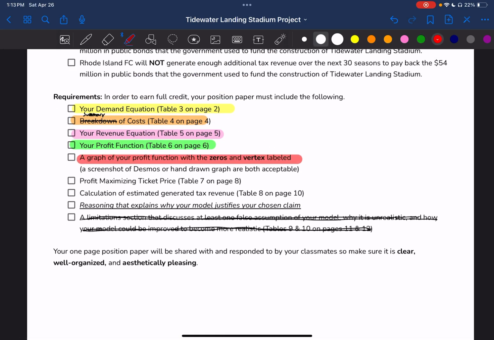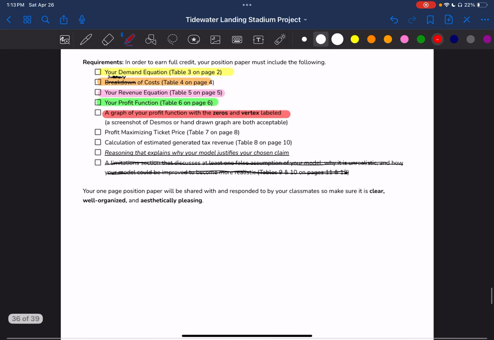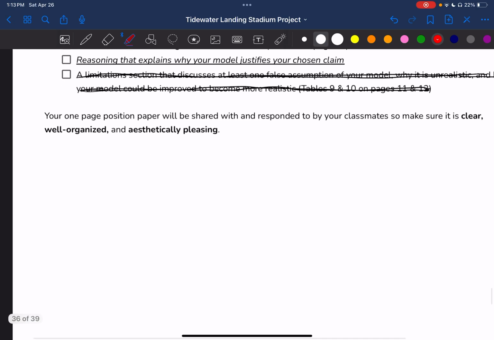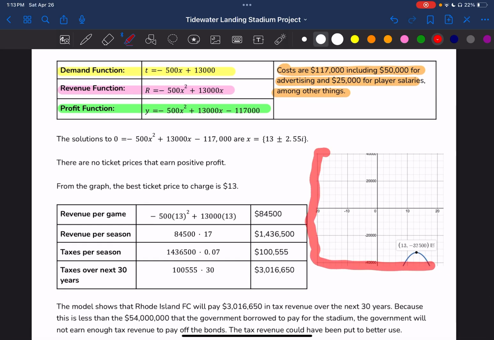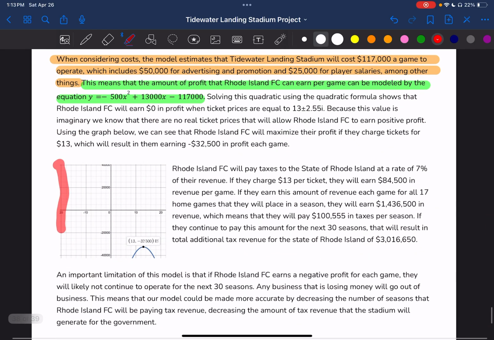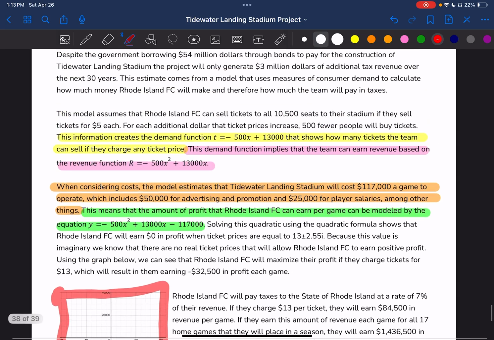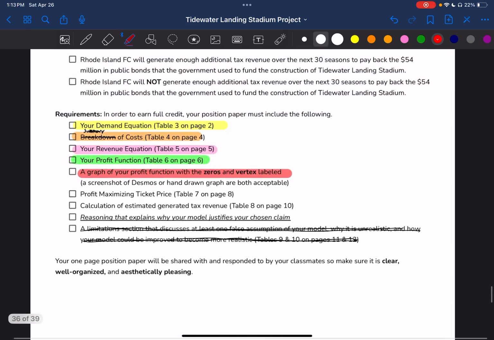And then a graph of the profit function with the zeros and vertex labeled. So I'm saying here, feel free to do that as a Desmos screenshot, or you're also welcome to hand draw it, whatever you think is the best way to represent this. So here is the graph on this one, and here is the same graph down there. And the vertex is labeled on each of these. If you'll notice,